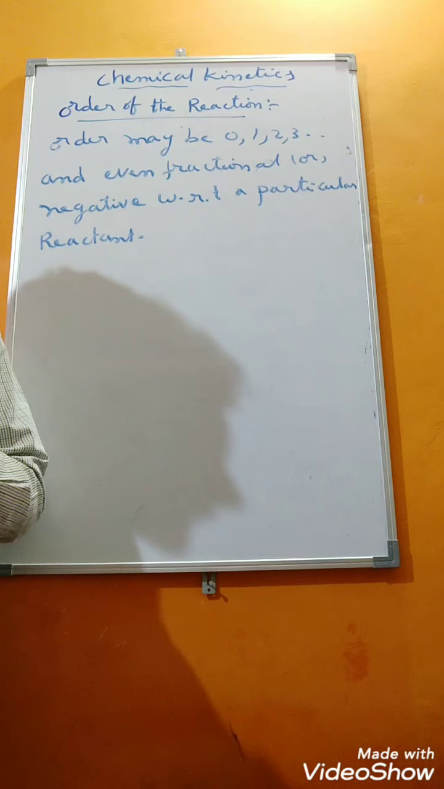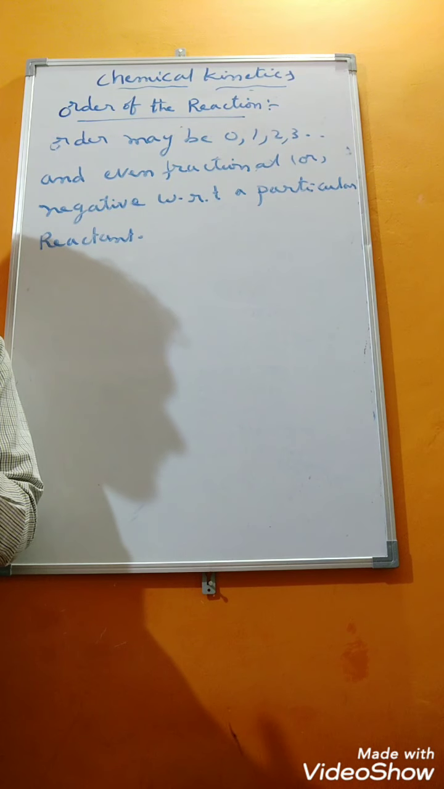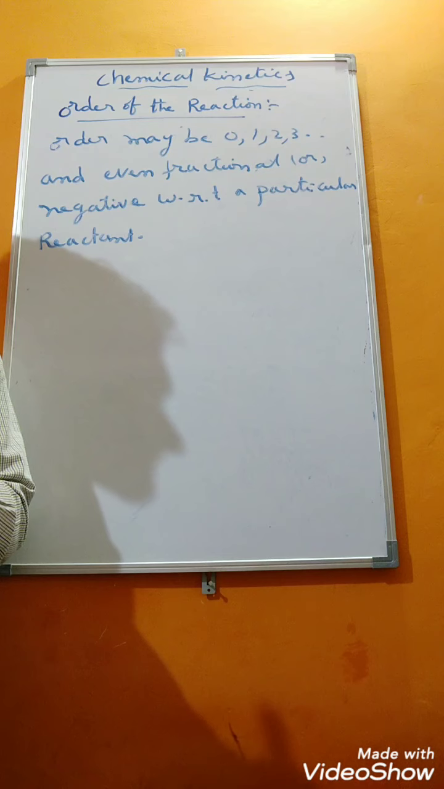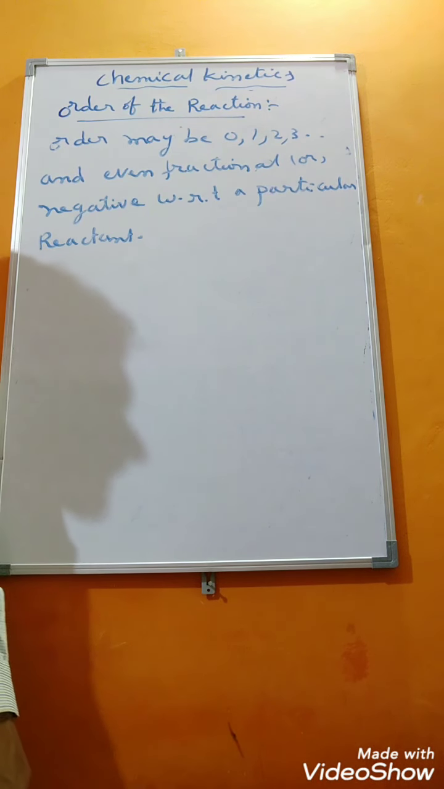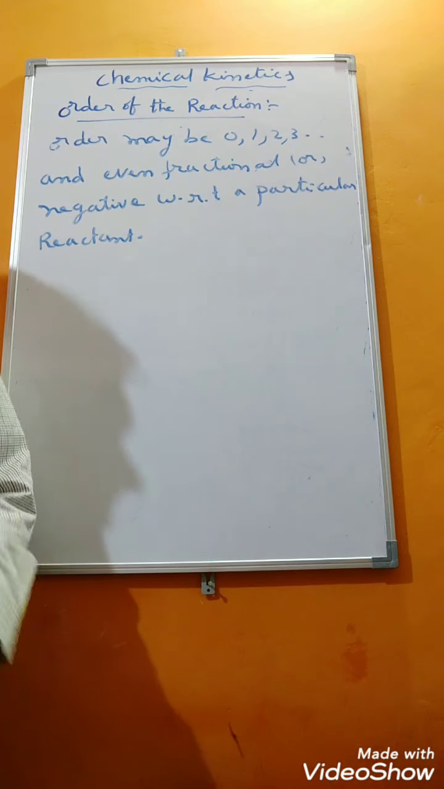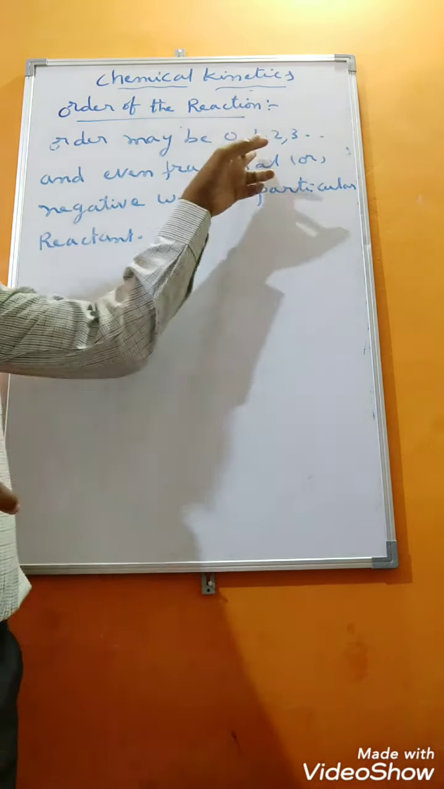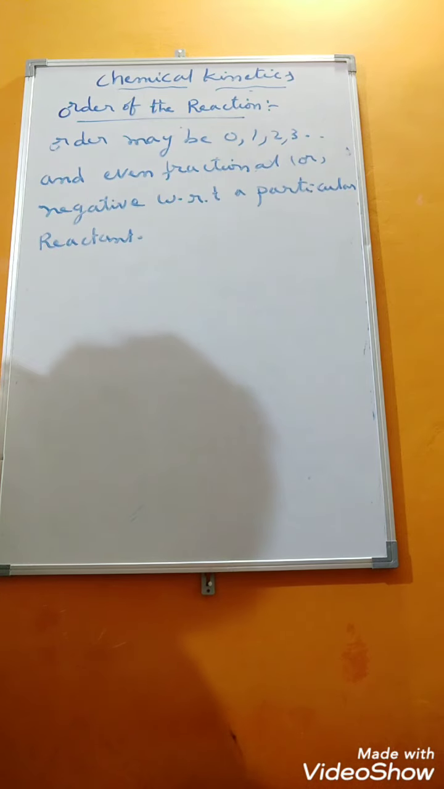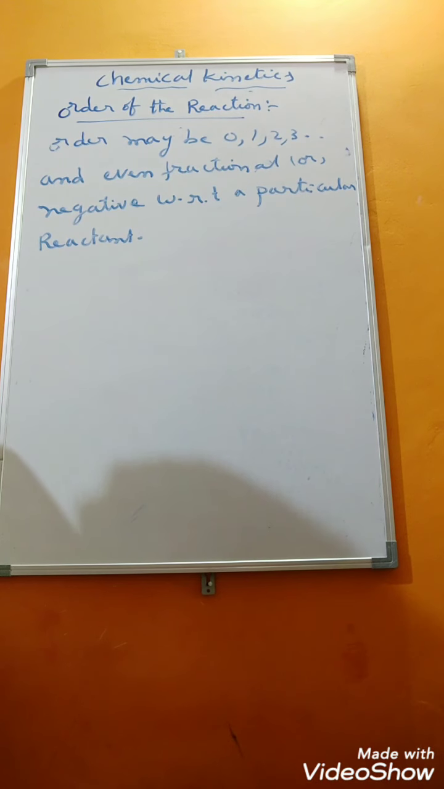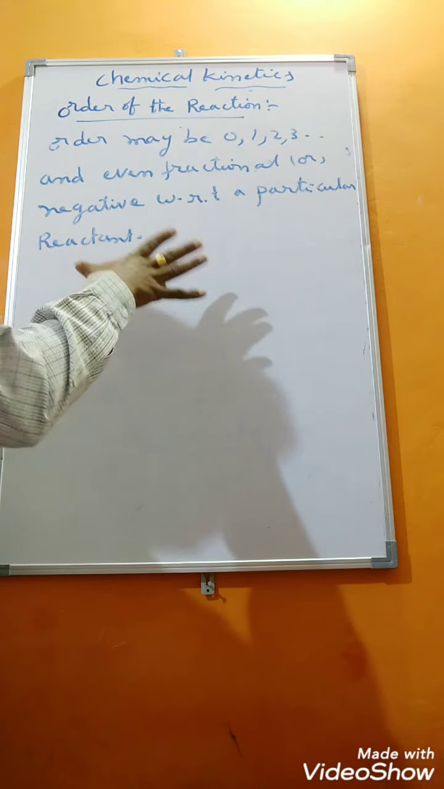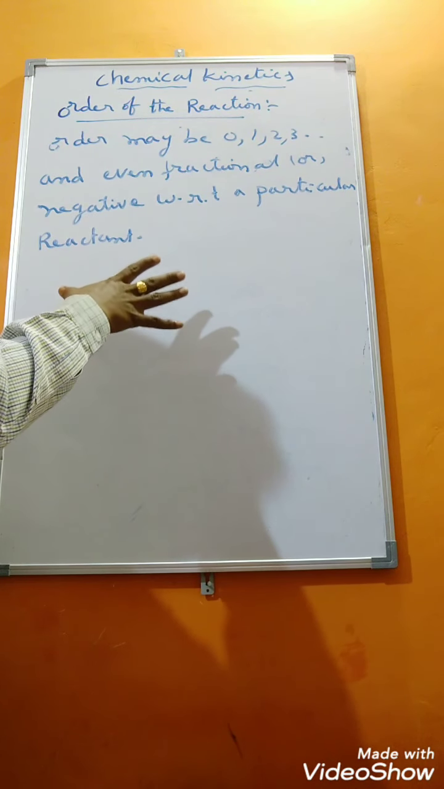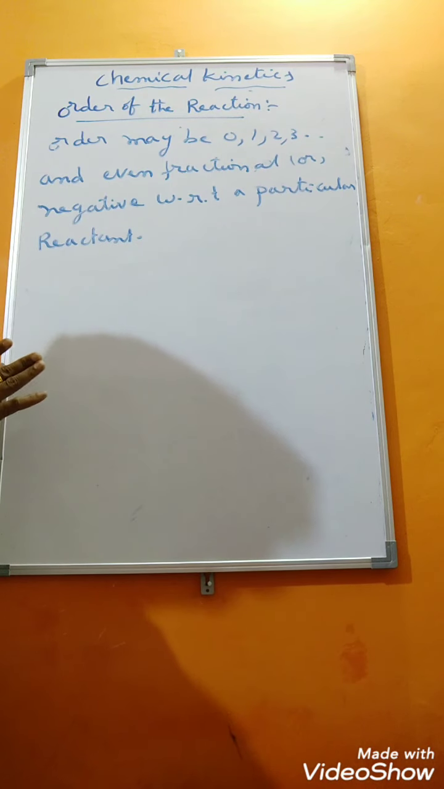What is meant by order of the reaction? It is the sum of the powers of the concentrations of the reactants in the rate law expression. Order may be 0, 1, 2, 3 and even a fractional value, or sometimes you may get a negative value with respect to that particular reactant. This is about order of the reaction. We cannot measure it by using the balanced chemical equation,